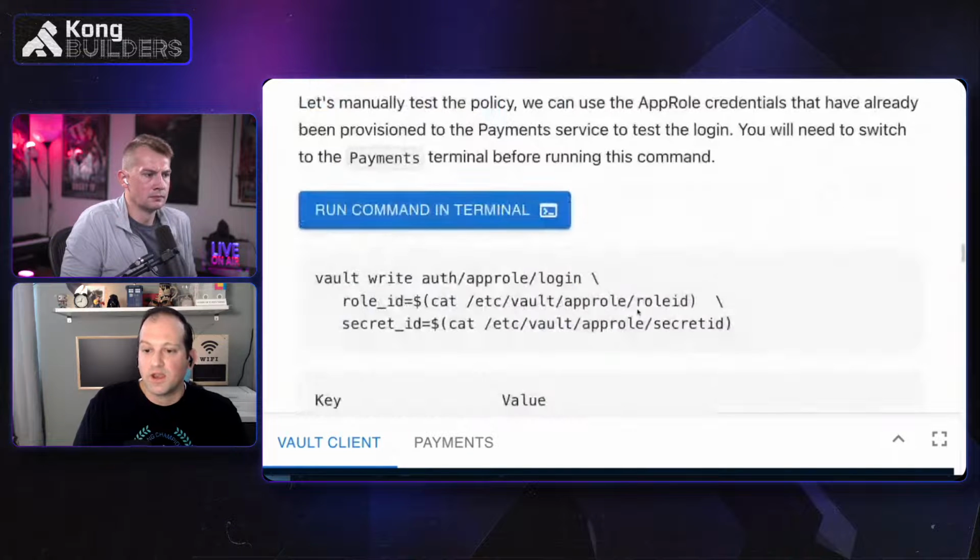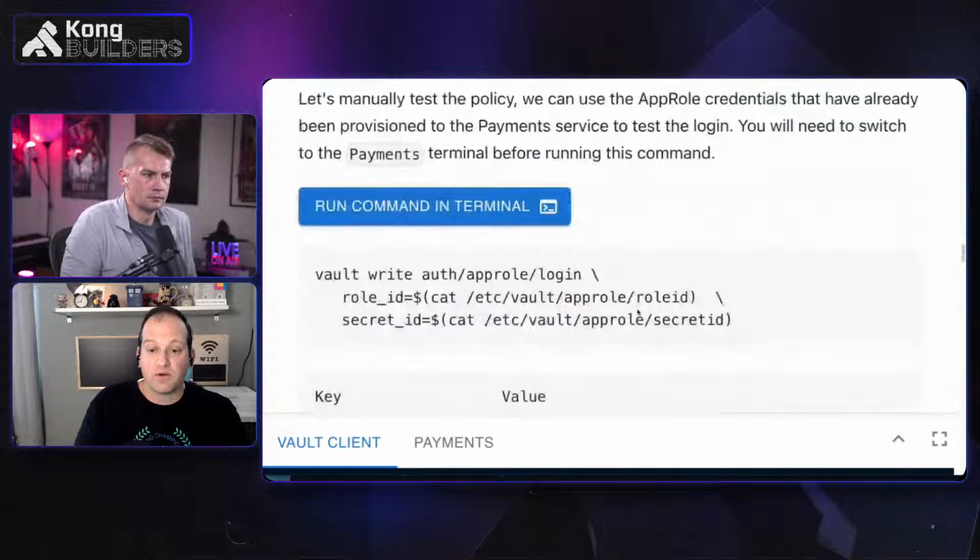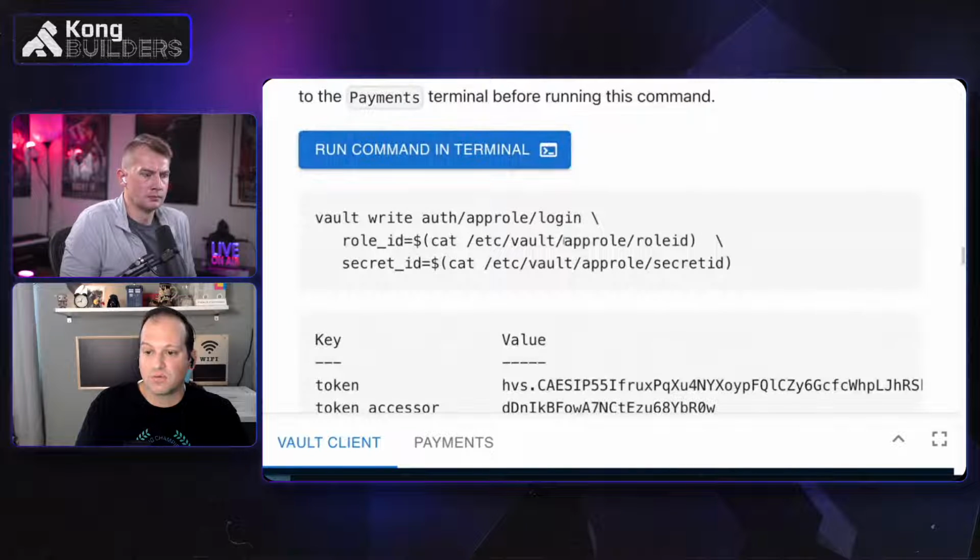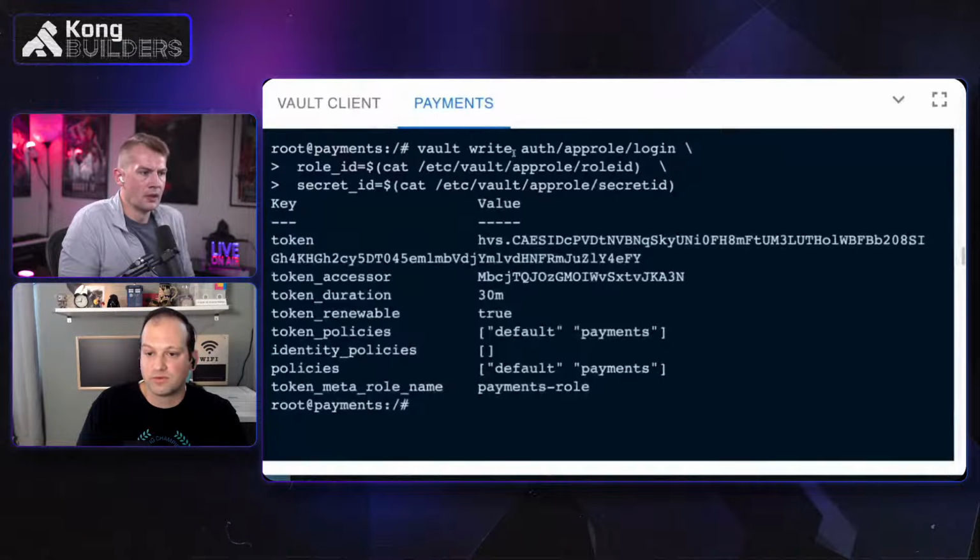Okay. So now we need to generate our app role information. This is basically generating our metadata type stuff. So we're going to go ahead and do that. Sorry, I lied. We've pre-generated our app role ID and secret. We're going to log in with our app role and secret. So we're going to do vault write to the auth/approle/login. That's the method that you use to log into Vault with app role. So we're going to go ahead now and do that.